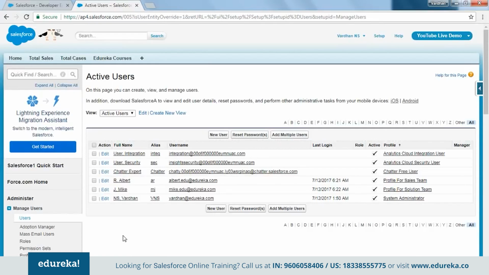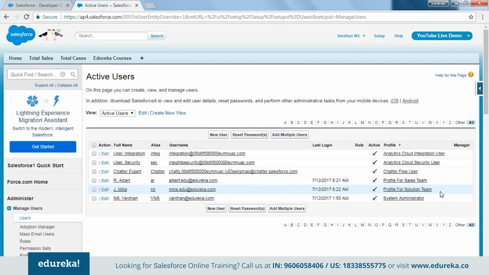So these are my active users currently, right? So we can get to see who are the admin users, and we can see all users. But yeah, currently these are the active users. I've already created 2 users for saving some time. I've created Albert and Mike, right? So Albert here will have access to the sales team, and Mike here will have access to the support